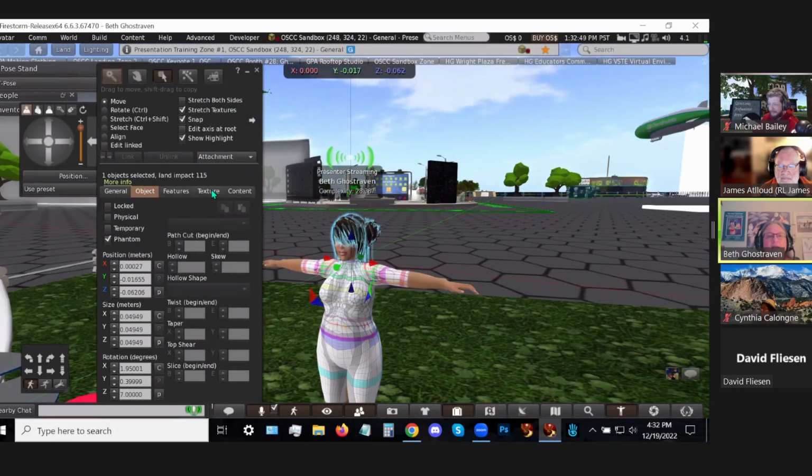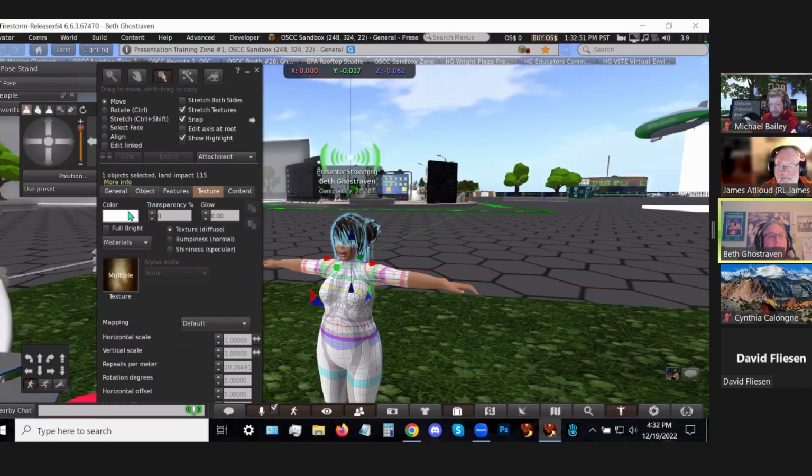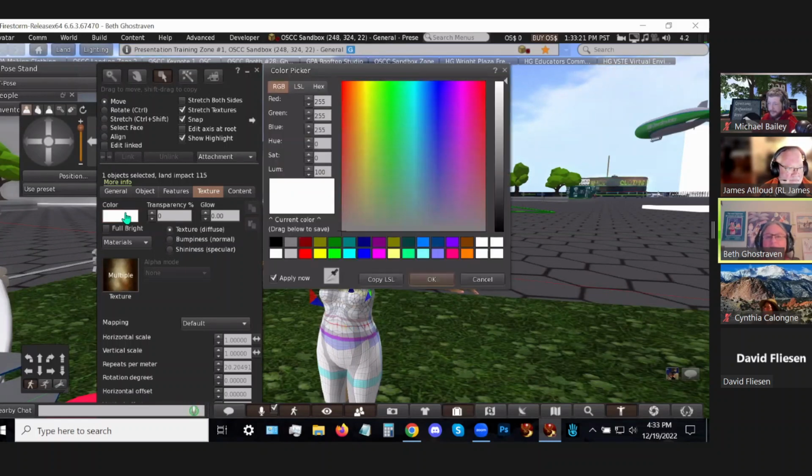So if I wanted to recolor this, I can go to the texture tab. And I can't really, it has multiple textures because each of these strands of hair is a different object that's combined, that's linked. So you can see this has 115 land impact. So it has 115 pieces, and I can move any of those. And that's really helpful if I'm trying to get hair out of my eyes. But if I wanted to recolor it,